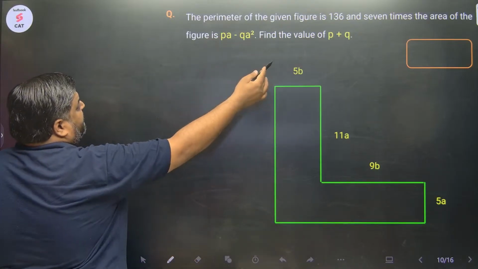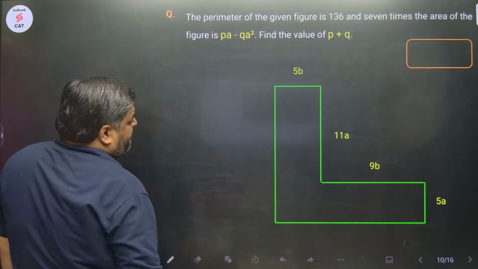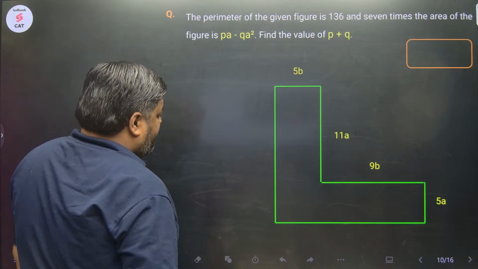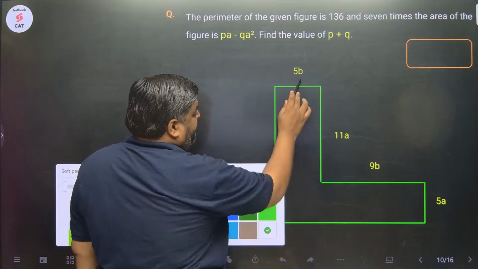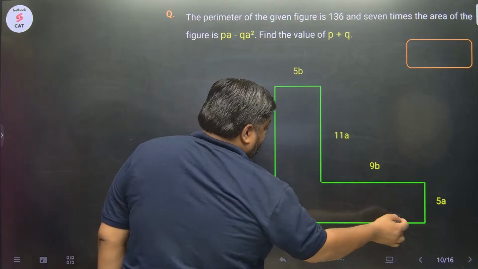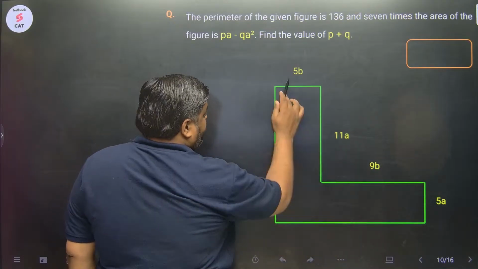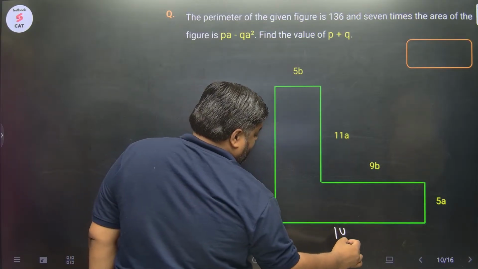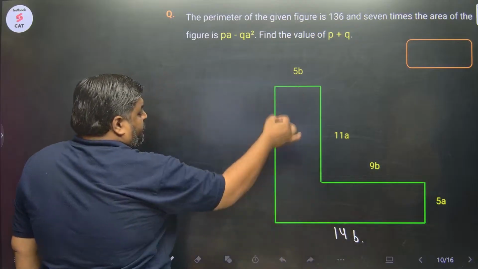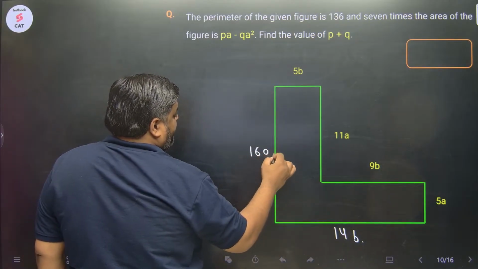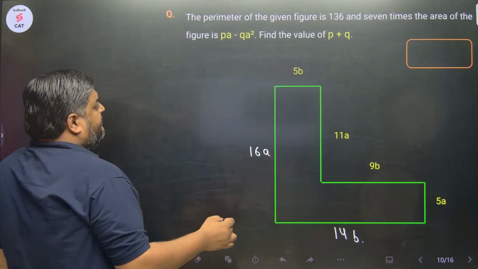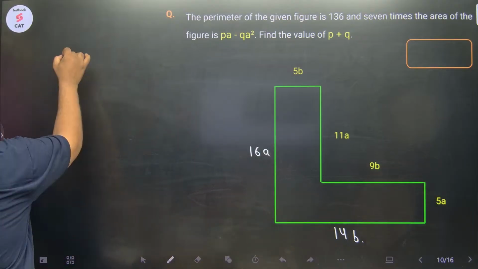The perimeter of the given figure is 136. What is the perimeter? 5b, 11a, 9b, 5a. What is this length? This length is 9b plus 5b, 14b. What is this length? This length is 11a plus 5a, 16a. So, what is the entire perimeter? The perimeter is